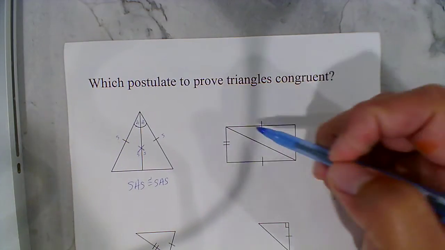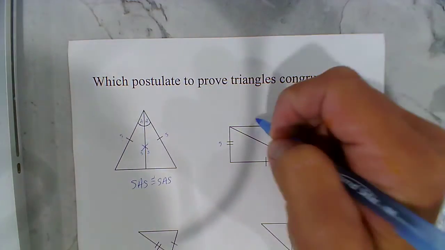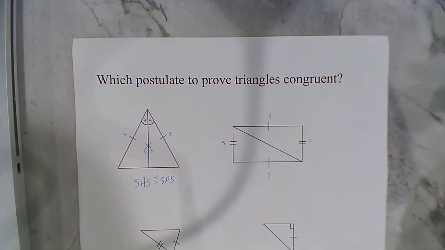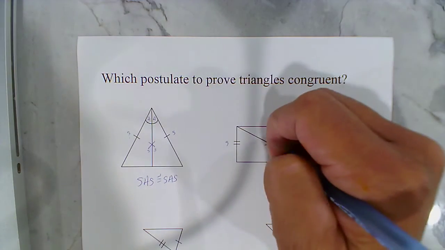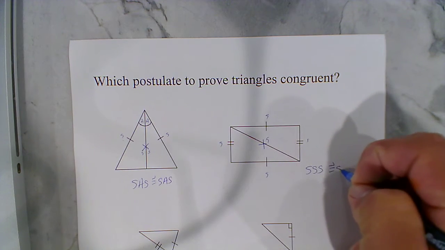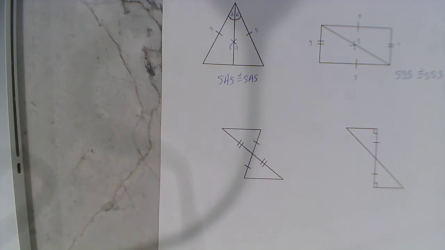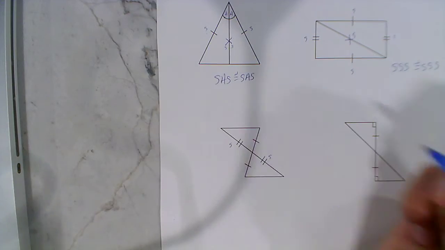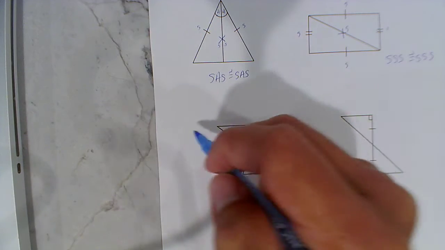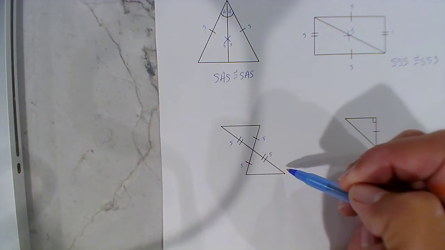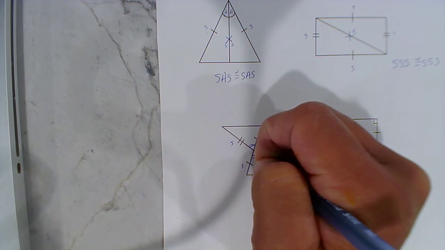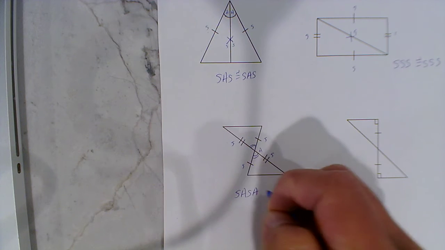Well, what about over here? Oh, I got a pair of sides, and I got another pair of sides. They look like right angles, but I don't know that they are. Oh, but again, I have that shared side, reflexive. Another pair of sides, side, side, side. Oh, what about here? I got a pair of sides and a pair of sides. I don't know anything about these sides. But I do, wait a second, intersecting lines form congruent vertical angles. So I know these angles are the same. So I'm really at a side, angle, side